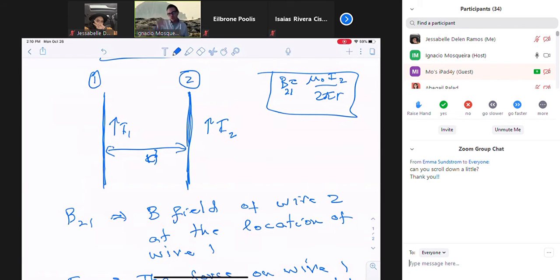Actually, it was the third in the way we were doing things. The first one was just for the cross product. Then for the direction of the B field, this is what we said. You take your wire, this pencil, and you put your thumb in the direction of the current. And then your fingers, as they curl around the wire, tell you at each point in space